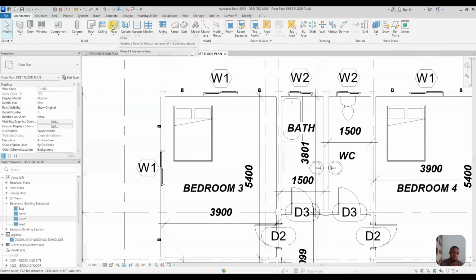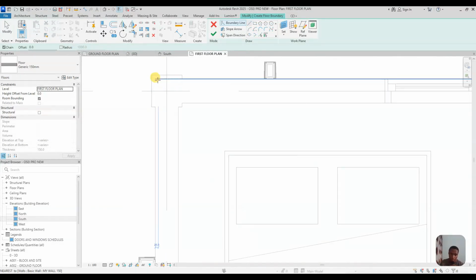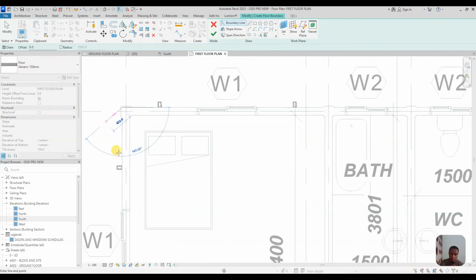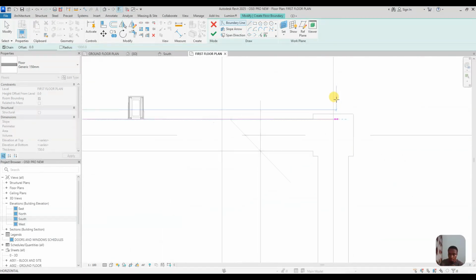Now I'll select my floor from the architecture tab. I'll click on it, then I'll make sure my thickness is 150 millimeters. Then also I'll change from pick walls to line. Then I'll click on it so that I can draw my boundary. Then I will start from here. I'll click, I'll move it all the way to this side, then I'll click,